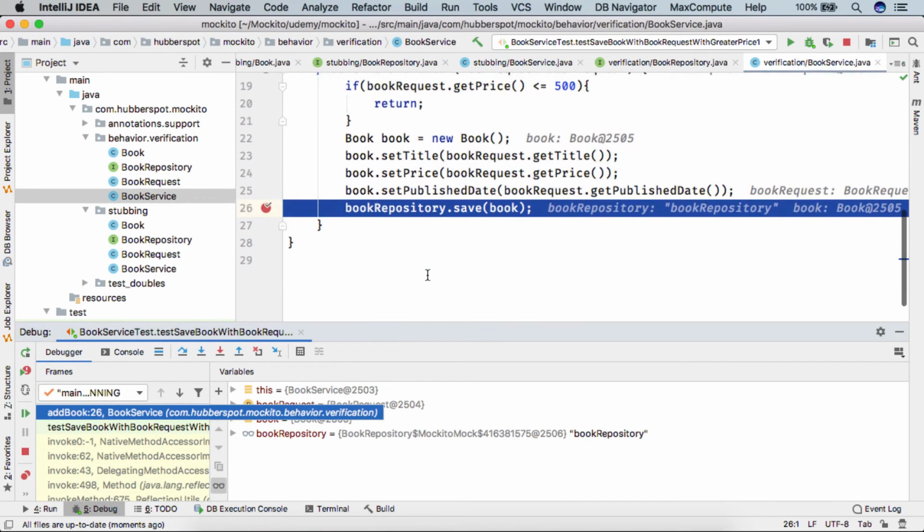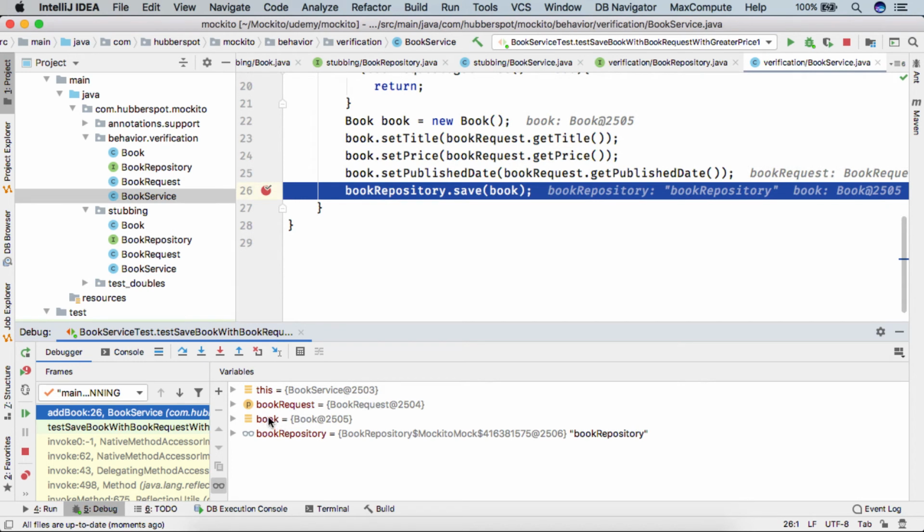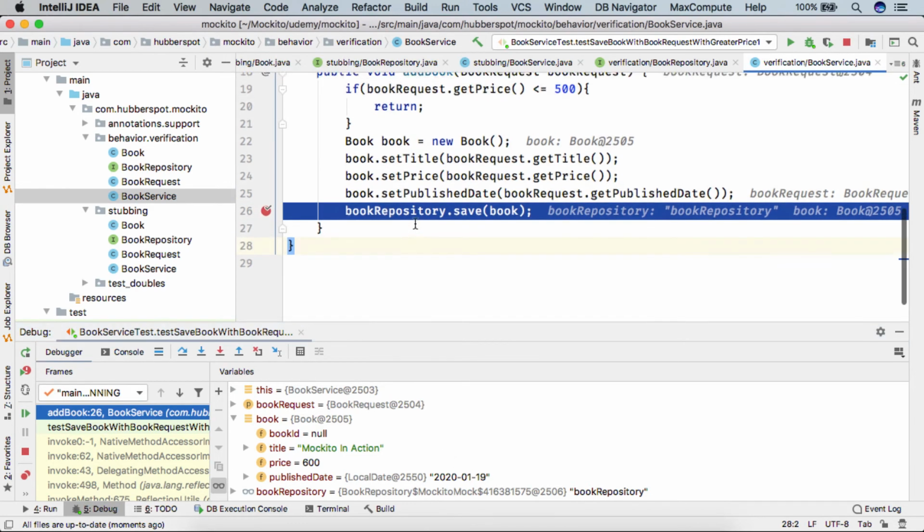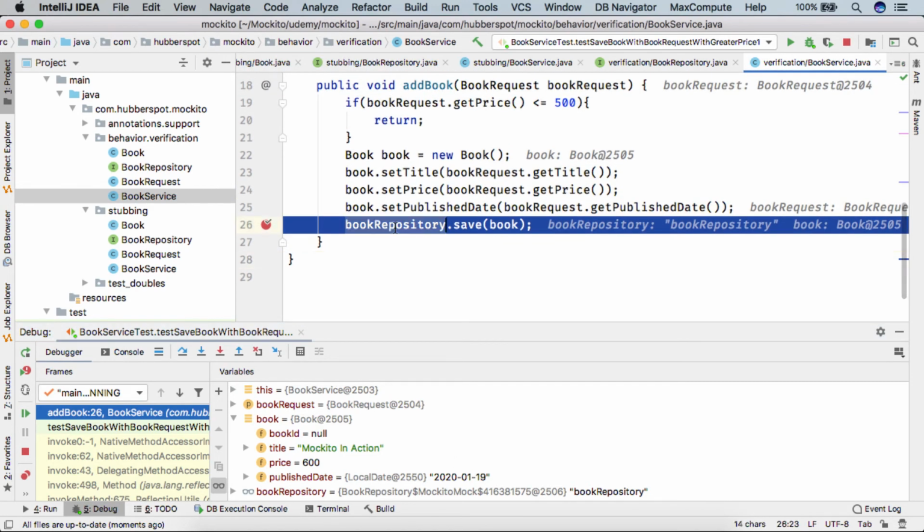Here you can see that this book which got created here, with an ID as Book@2505, if I open this, you can see the title is Mockito in action, the price is 600 and the published date is today's date. So this bookRepository, which is our mocked object, save will be called on the mock object with this book having price as 600.